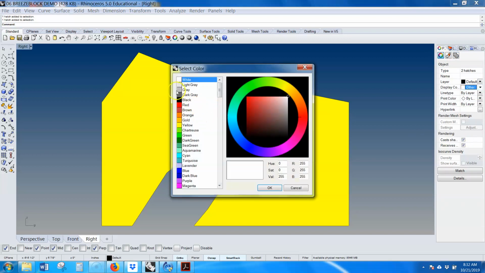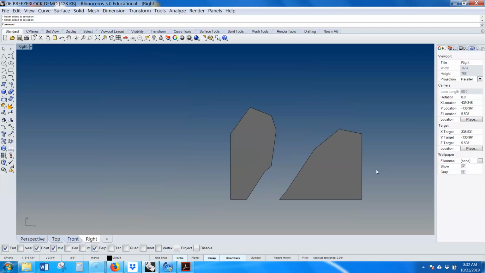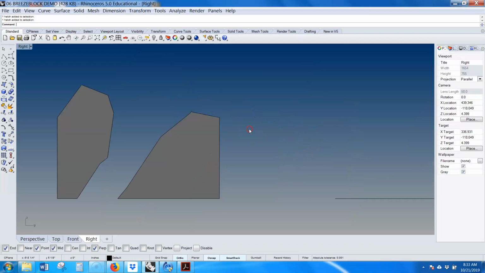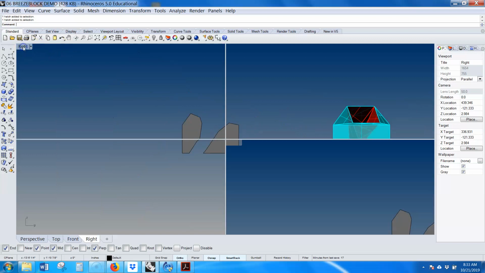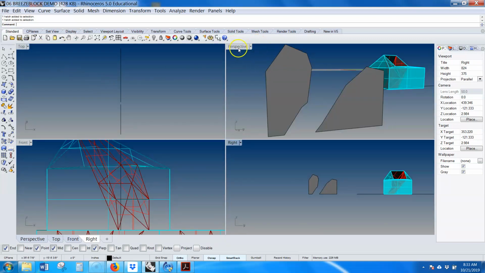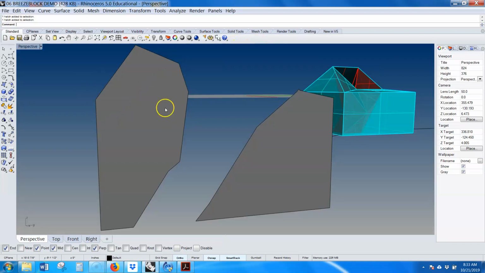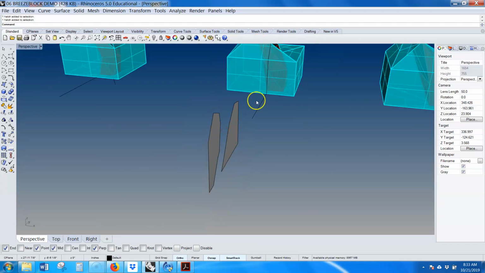I can make it light gray, dark gray. Okay? So I have a hatch section through there. Okay, there's one section. Is that a section, guys? It's to scale. It shows an accurate